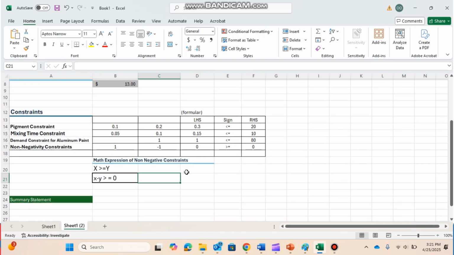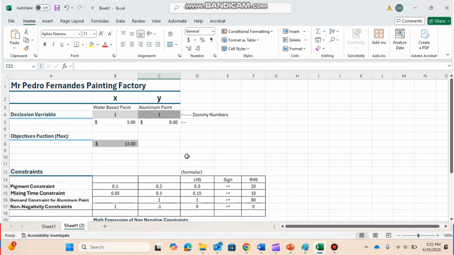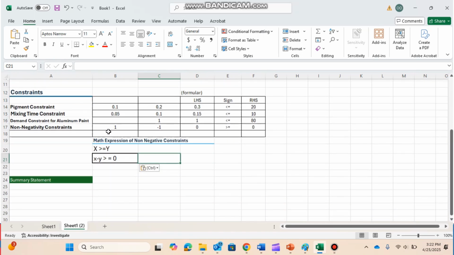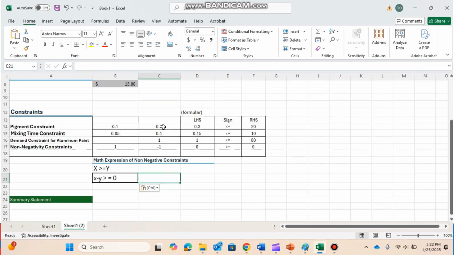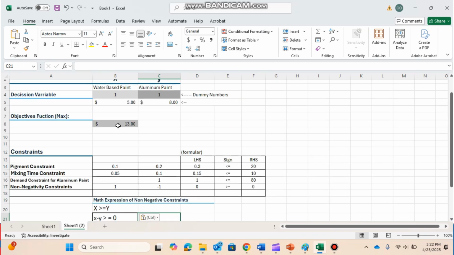Make sure that you have put all the problems in the statement, or in the details given to you, into your Excel sheet. Having solved the problem in your Microsoft Word, touching all the variables, all the objectives, and all the constraints, and for us to see the profit,